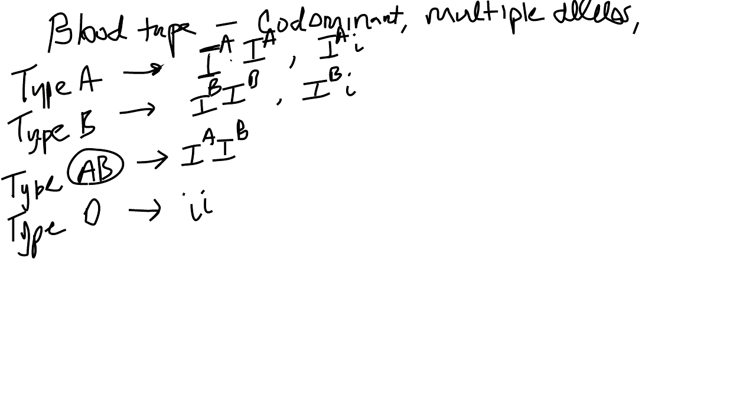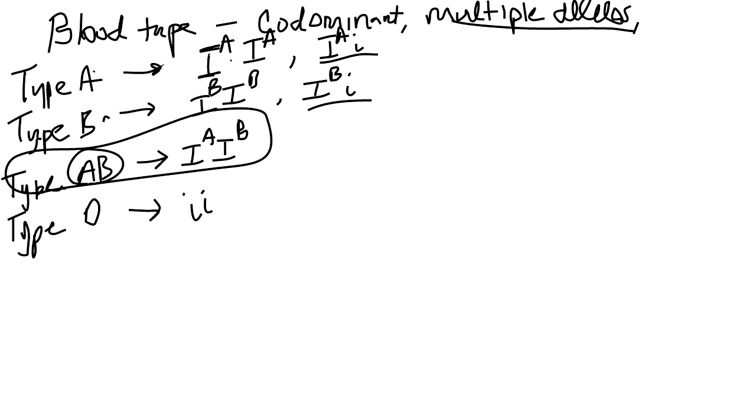So codominance is going on because the A antigen and the B antigen are codominant, right? They can both be expressed, so type AB blood is showing codominance. It can also be truly dominant because the A and the B are both dominant over the recessive form. So in other words, if it's IA little i, it's still type A blood, okay? Or if it's IB little i, it's still type B blood. And it's multiple alleles because we don't just have 2, right? There's 3 choices. There's an IA allele, there's an IB allele, and then there's a little i allele. So we have a lot going on with blood typing.